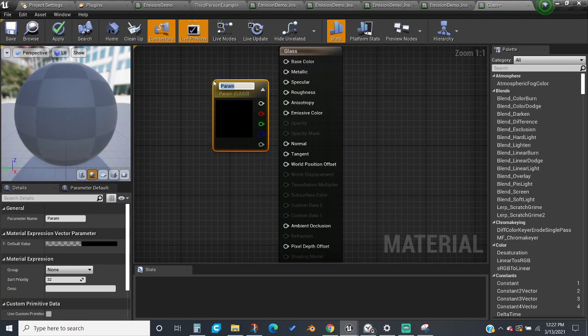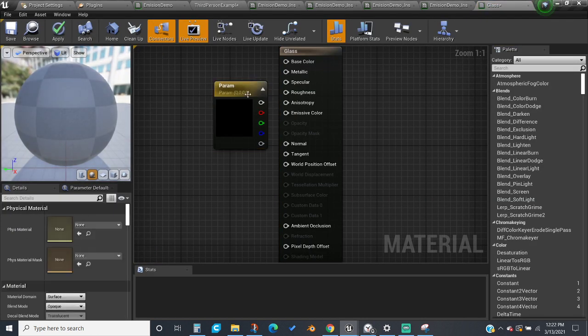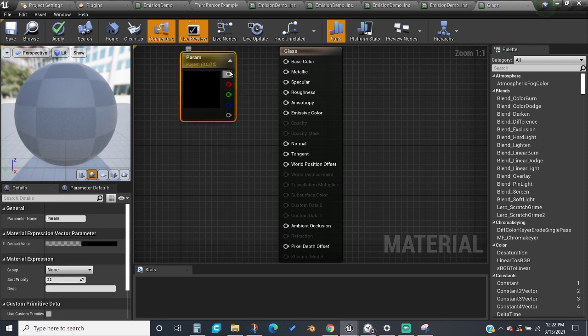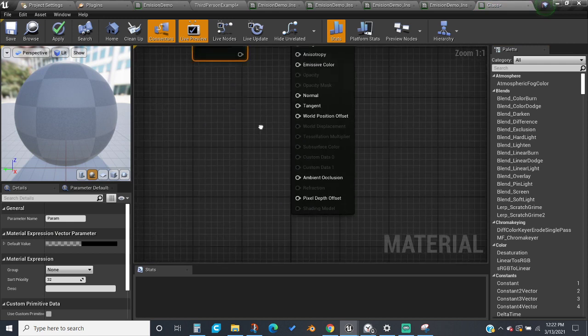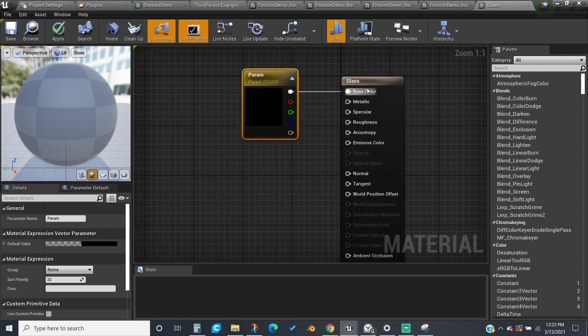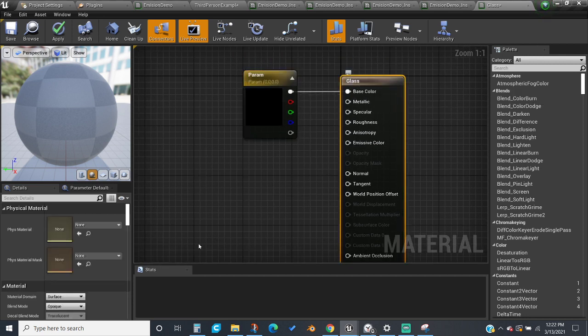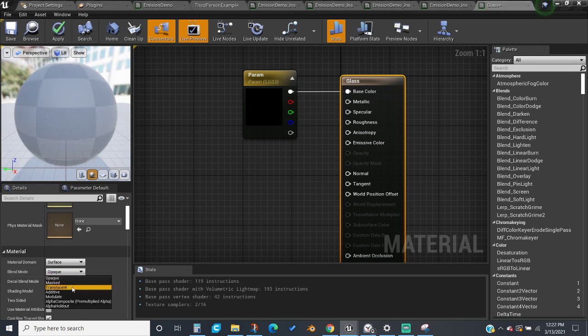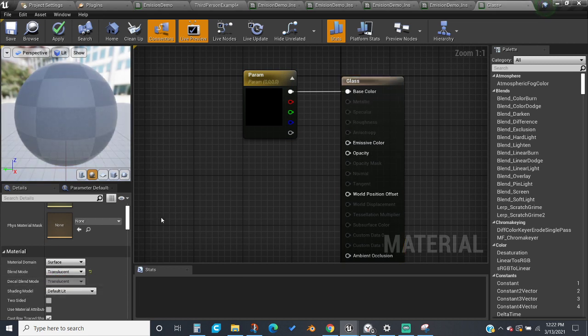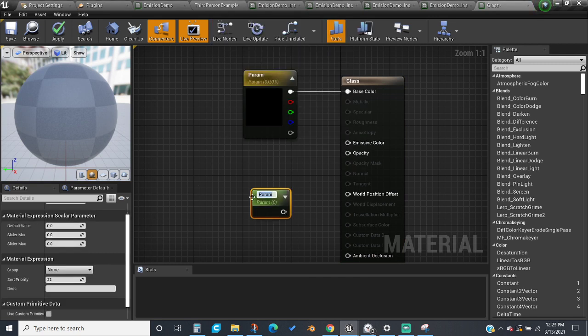I'm just going to add a parameter. By the way, if you're new to this tutorial series, the shortcut is V and left click. And here we're going to make it a translucent material. Blend mode translucent, which makes it clear. And we're going to set the opacity to